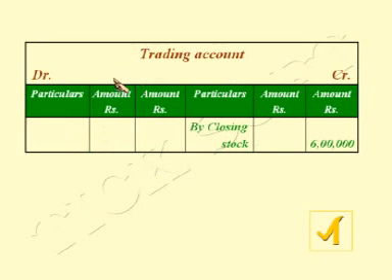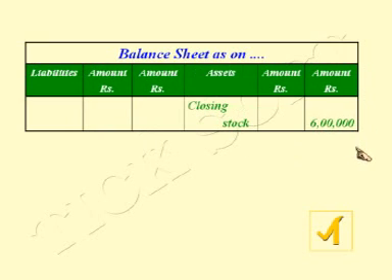At the same time, trading account credit side by closing stock 6 lakhs, because this is income from the business point of view. And balance sheet asset side, closing stock 6 lakh. So you have to pass the journal, and at the same time show the effect in the trading account and the balance sheet. Two effects: one is debit, another one is credit. That means one is the benefit receiving aspect, then another one is the benefit giving aspect. The next,